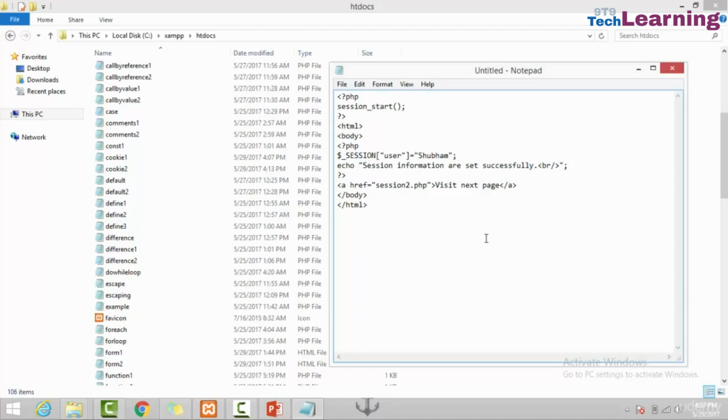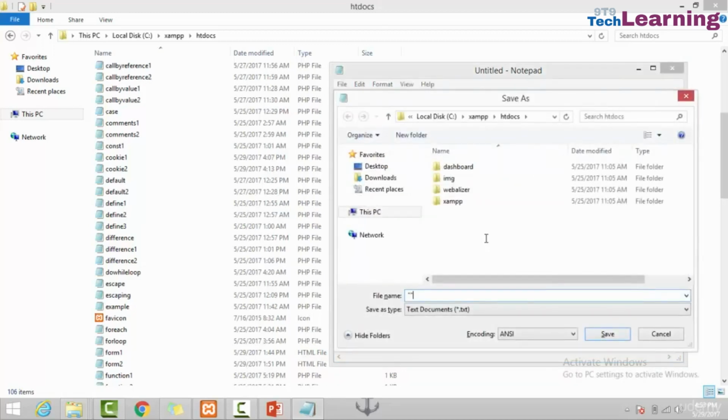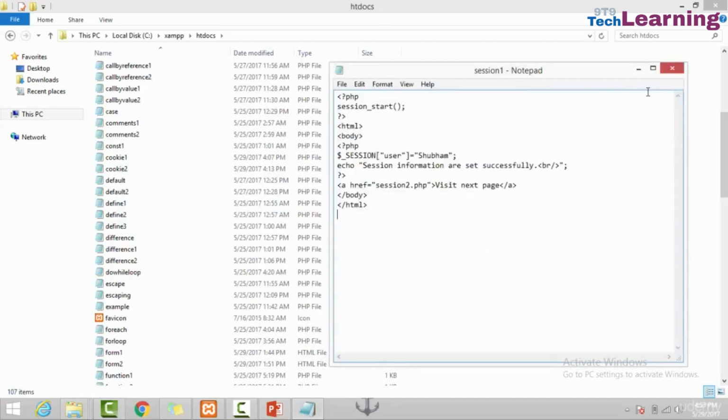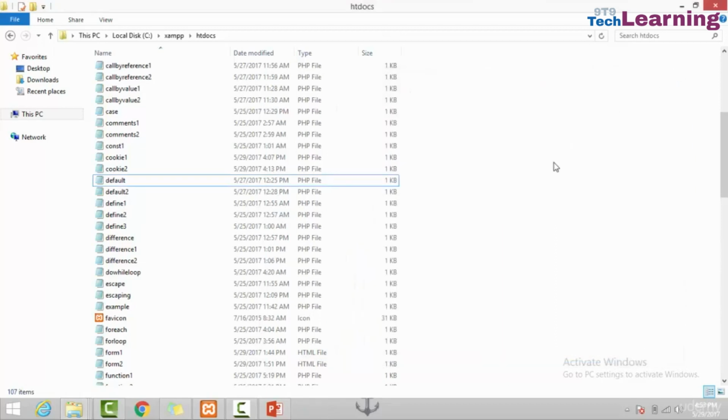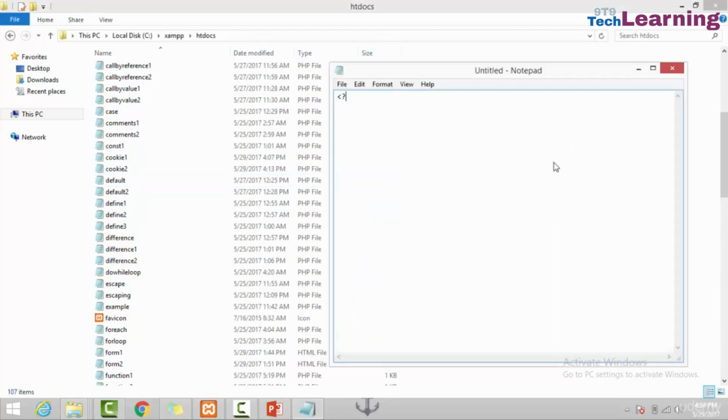Now let's save this as session1.php. Okay, the file has been saved. Now let's create another file, that is session2.php. Here we start the session with the session_start function, then HTML, then body,